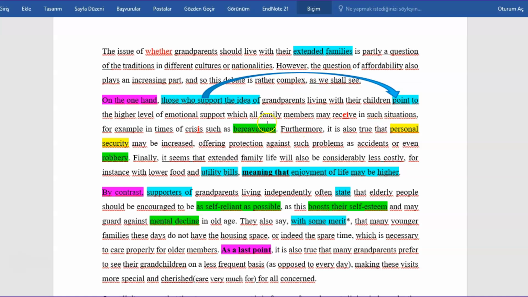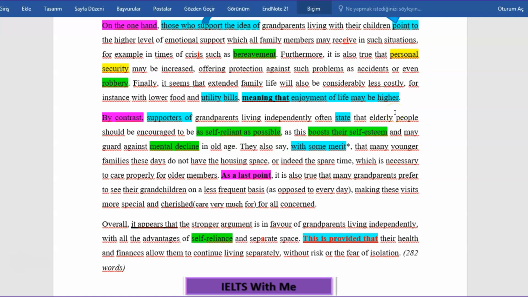Pay attention to using our higher levels of vocabulary such as bereavement, robbery, and the idea of personal security, right? And our second paragraph, the other side, which they believe is against the first paragraph. By contrast, supporters of grandparents living independently state that elderly people should be encouraged to